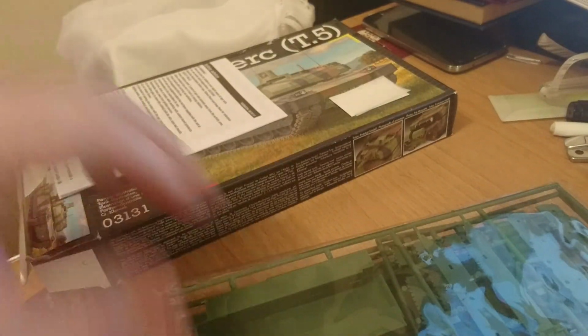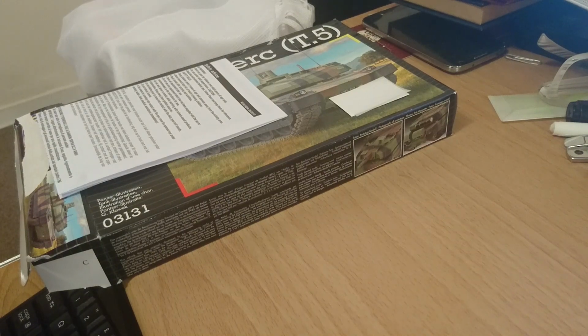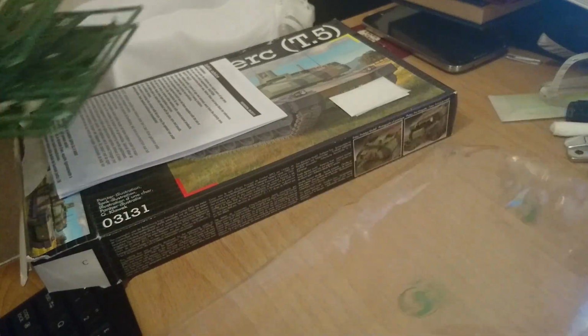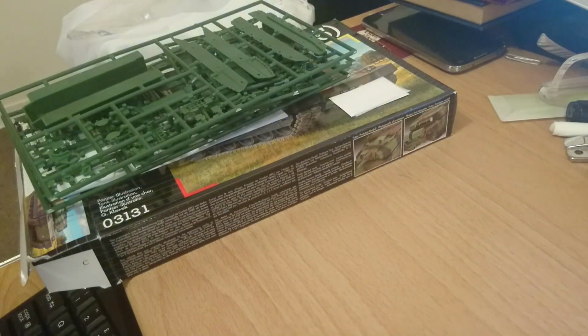You get a little return slip there, like you get in all Revell kits. And I'll just pull these parts out because there are quite a few of them. I'm going to go through this as quickly as possible. I'll just put this over here, get it out of the way. Now then,